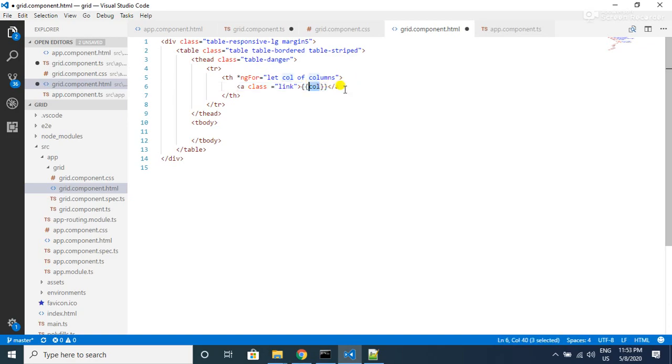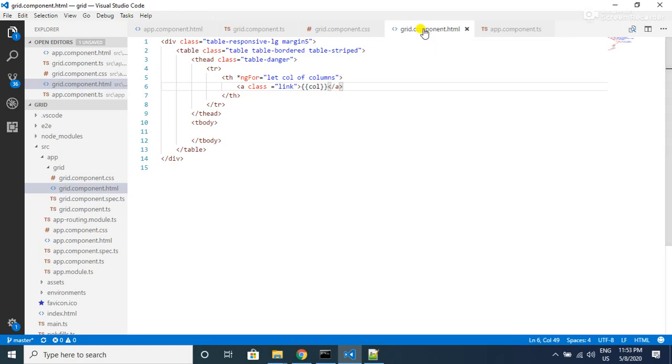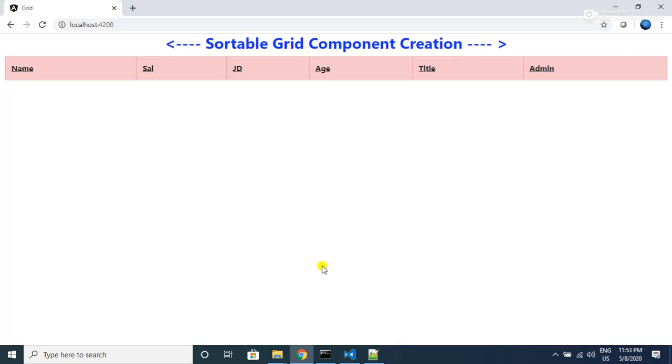Here we are binding the column value to this anchor tag. Let's save the files and open the browser. There we go. Here we can see name as one column header, salary as another column, and joining date as another column, and all the columns are nothing but properties of the employee object.